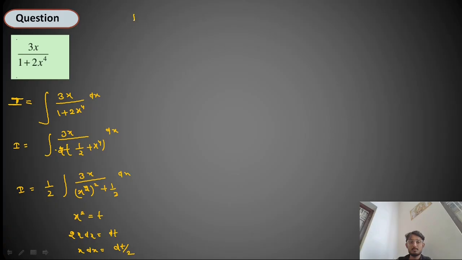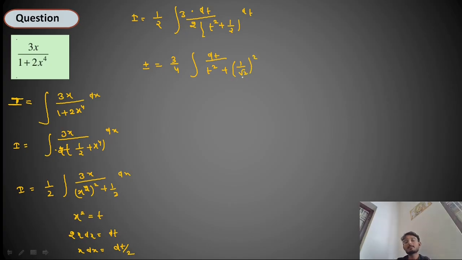Now you can put the value: 1 upon 2 into 3 into dt by 2, and here t square plus 1 by 2. 2 times 2 is 4 and there is a 3, so I equal to 3 by 4 integral dt upon t square plus 1 upon root 2 whole square. Using the formula 1 upon a square plus x square, tan inverse, so you can write I equal to 3 by 4